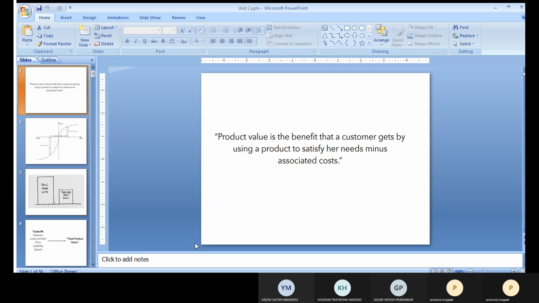Therefore, the product value definition from the development point of view is different, and from the customer point of view is different. Understood? So likewise, we'll have to define the product value. So the basic thing you can write for this point: product value is the benefit that a customer gets by using a product to satisfy his or her need with minimum cost,